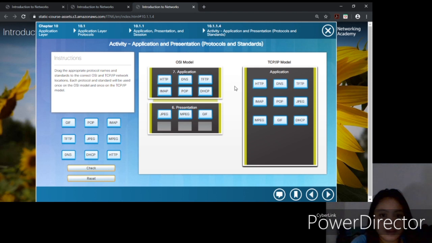Oh, I'm done. So in the application, we have HTTP, DNS, TFTP,